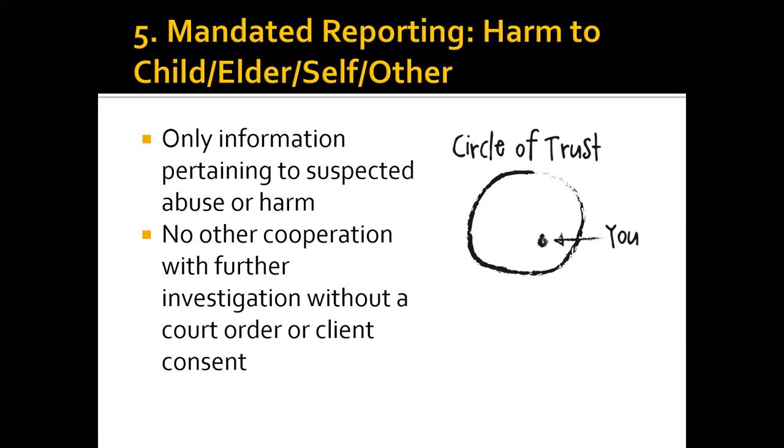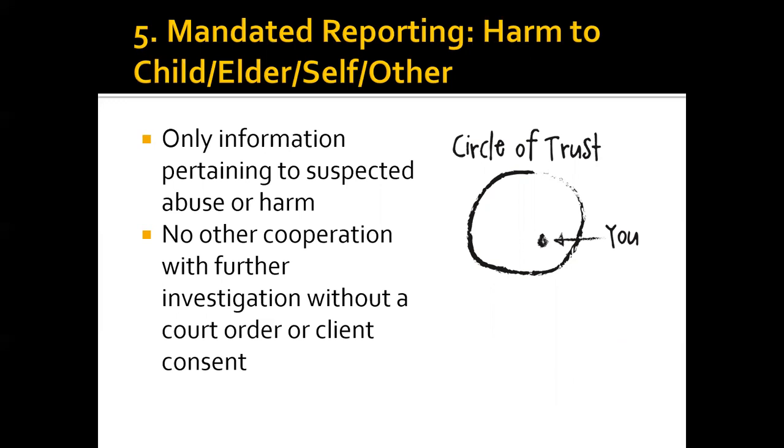So if there is information that suggests to you that there is potential child abuse or harm to children that might be happening, or an elder or dependent adult may be potentially being harmed, or if the client themselves is expressing intent to hurt themselves or hurt another person, then that information can be relayed to a third party. In the case of child abuse, contacting child welfare services; elder or adult abuse, contacting adult protective services; if somebody is potentially going to harm themselves or somebody else, communicating with the police or the PERT team. These are all things that you can do under this limited exception to confidentiality.